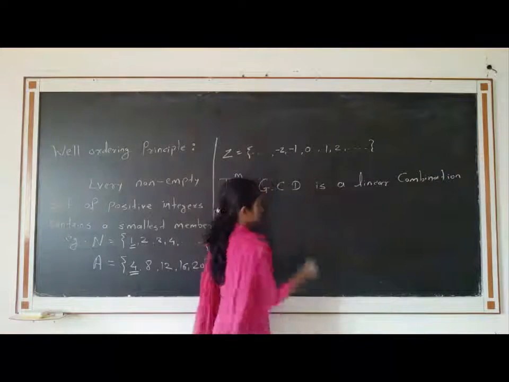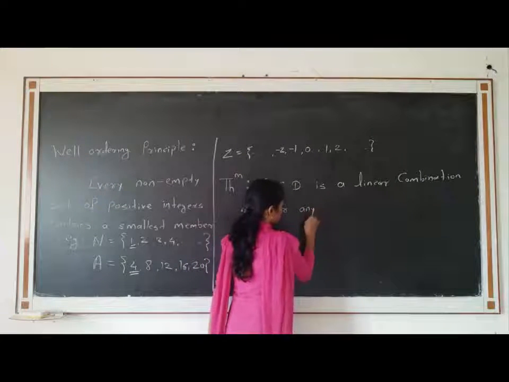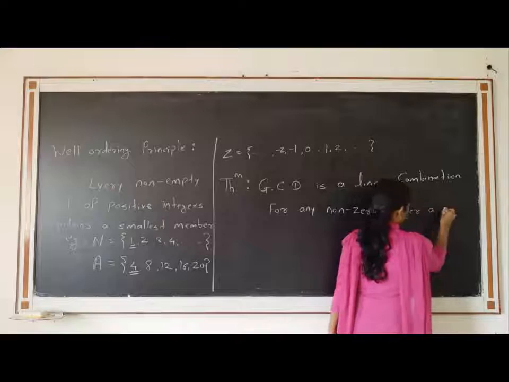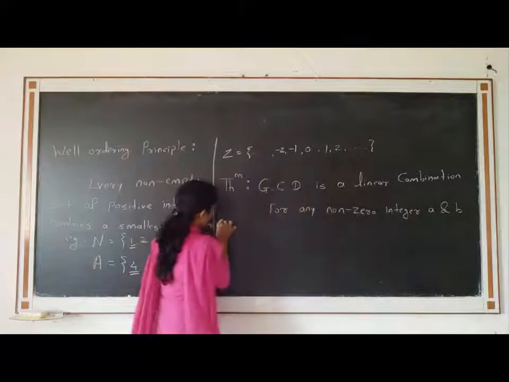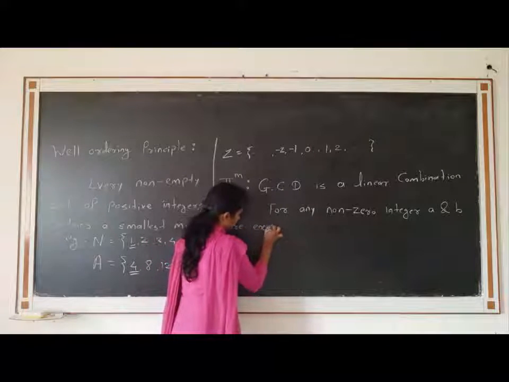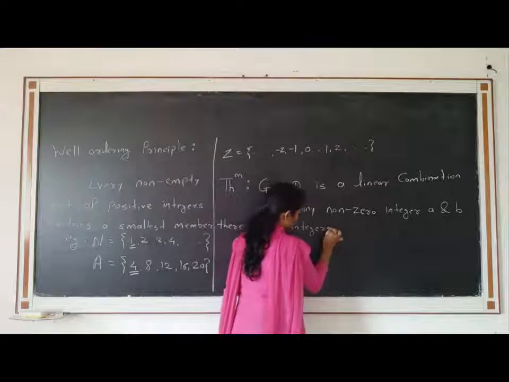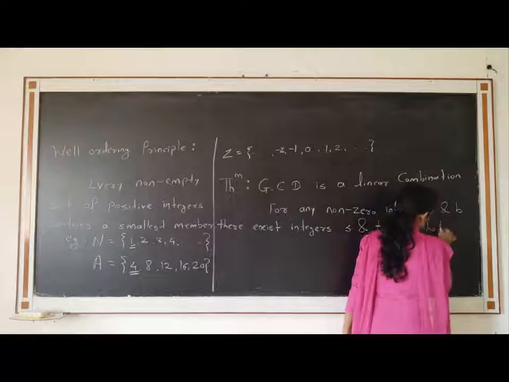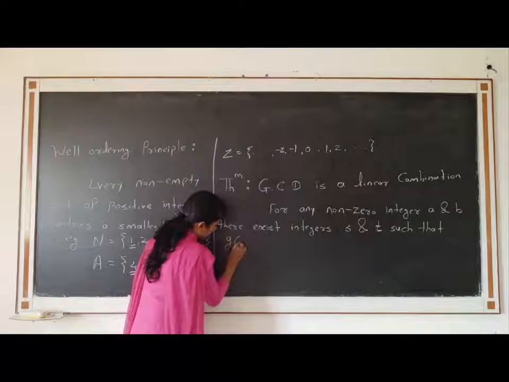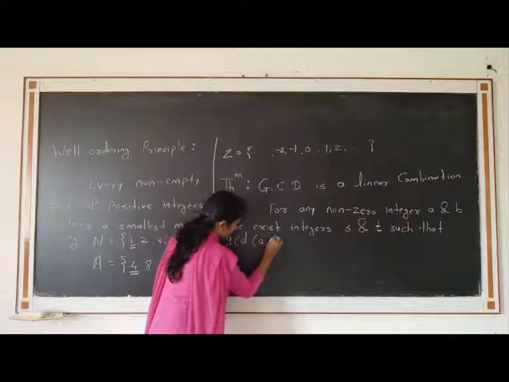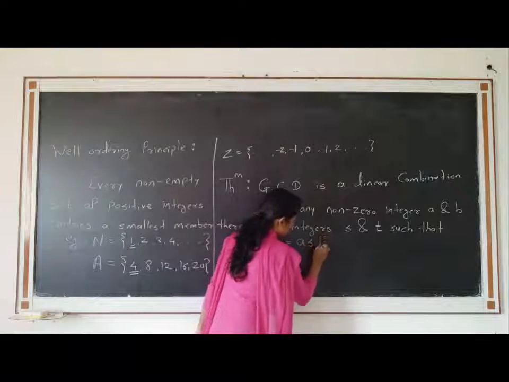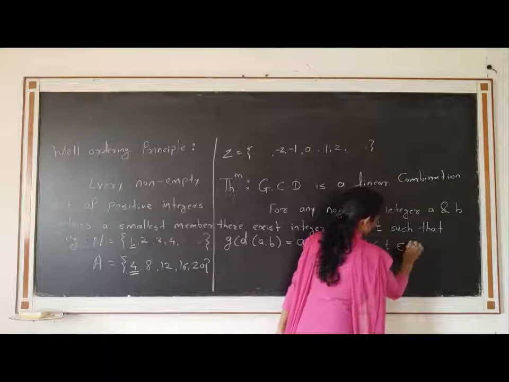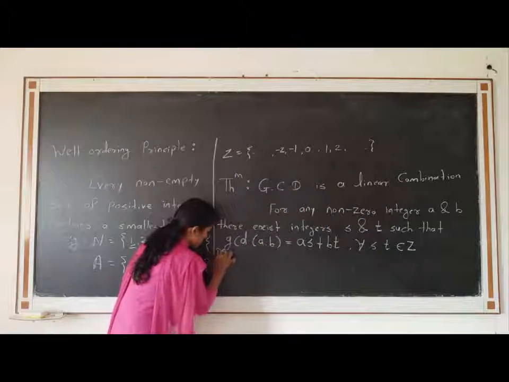Now statement: for any non-zero integers A and B, there exist integers S and T such that GCD of A, B is equal to A into S plus B into T for some S and T belonging to the set of integers. Moreover,